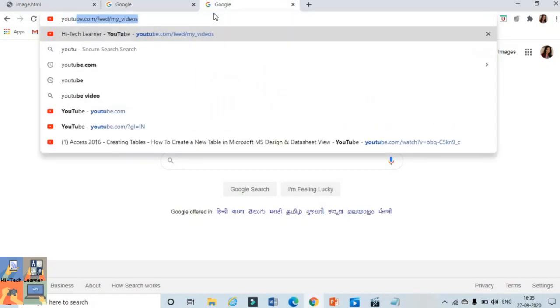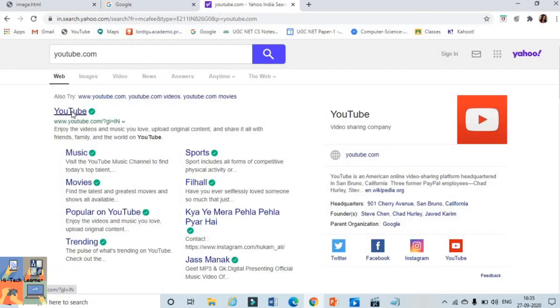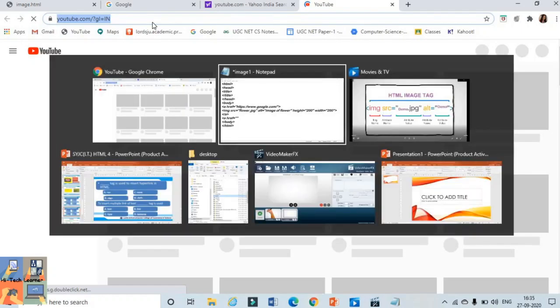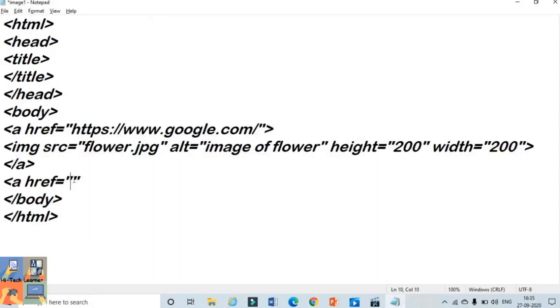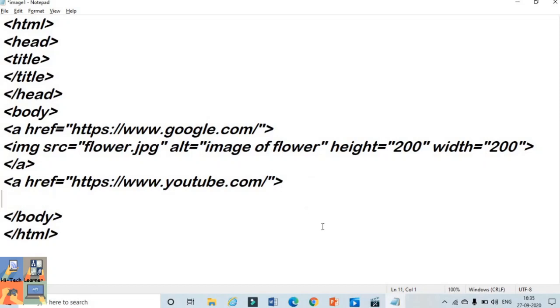Just Ctrl+C and paste it over here. Anchor tag close with the angle bracket.